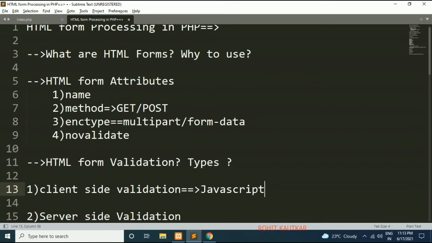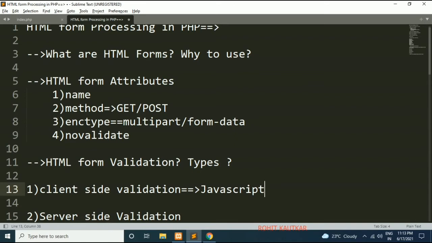So as soon as the user submits his data, you can immediately provide a response or feedback regarding what wrong data he has provided. Feedback like highlighting the text box, as I just showed you in the case of the Gmail login. With red color we are highlighting our text box, which indicates that something wrong or invalid data has been entered.